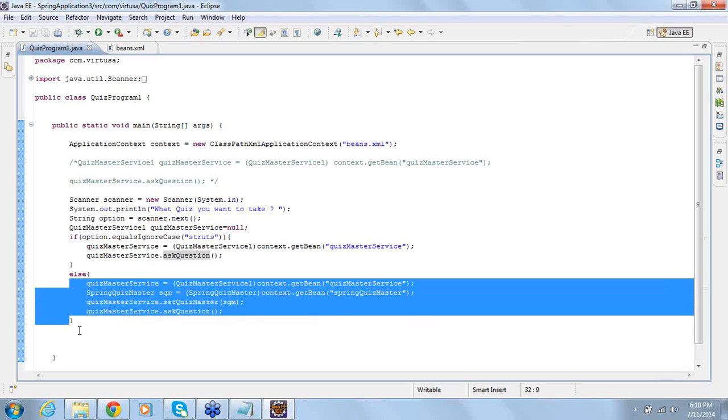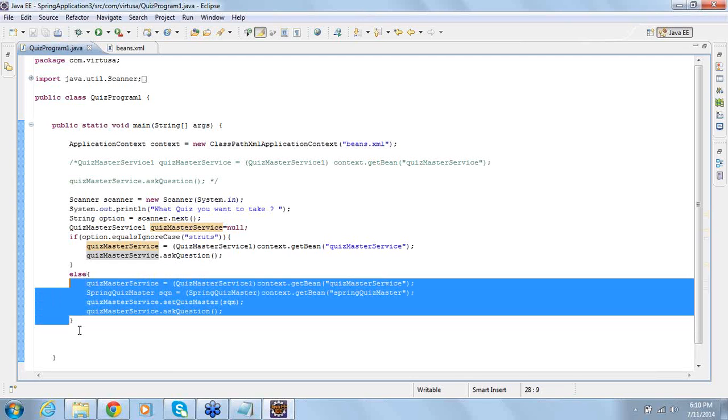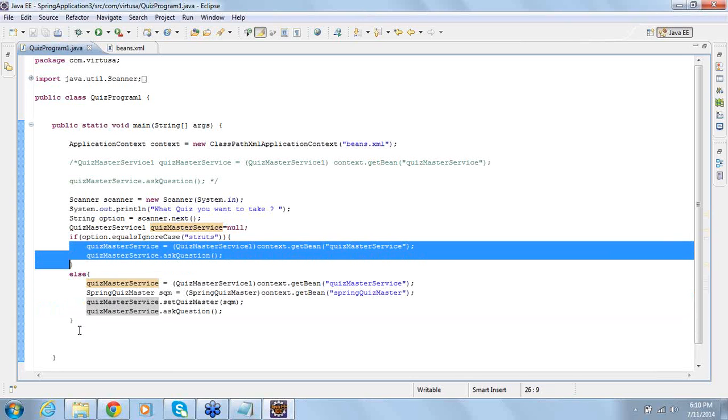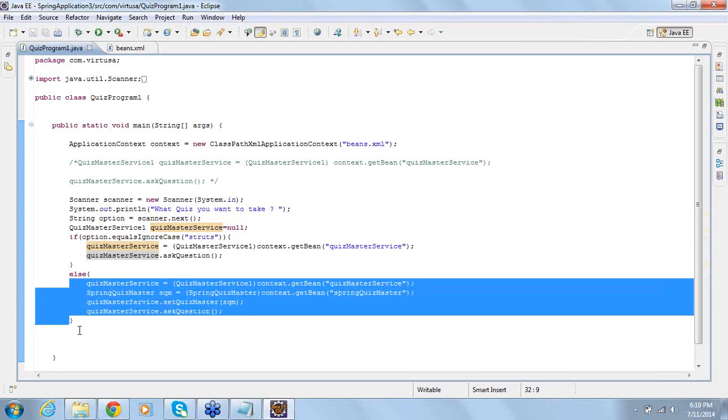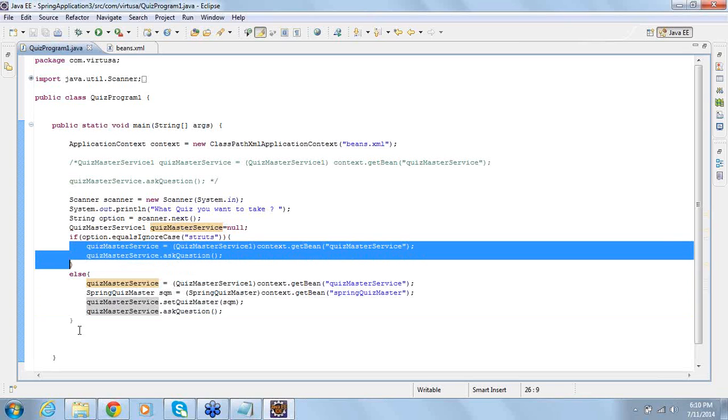And the other thing is, you might be wondering, why should I do this? Why should I put everything configured in XML? I can happily create a Struts object here and a String object here and get the things done, right? Instead of doing this getBean, we can happily create an object and get our job done. But why are we configuring in XML and why are we invoking a getBean? Because